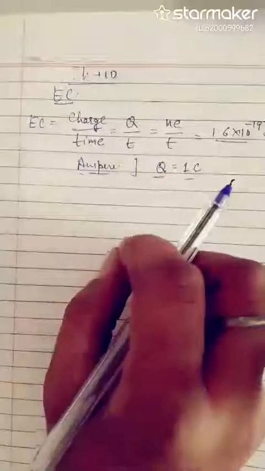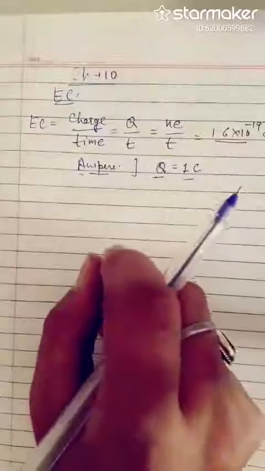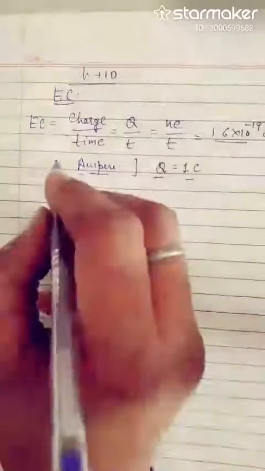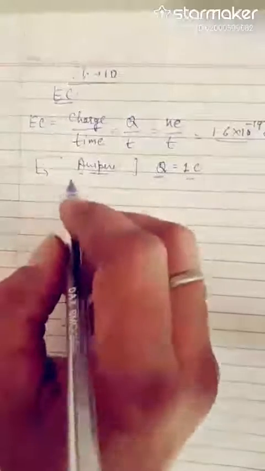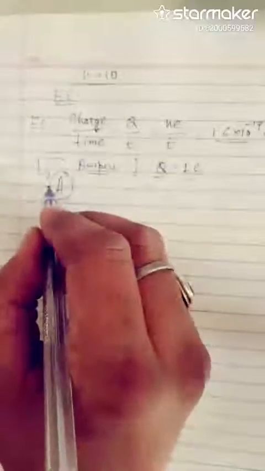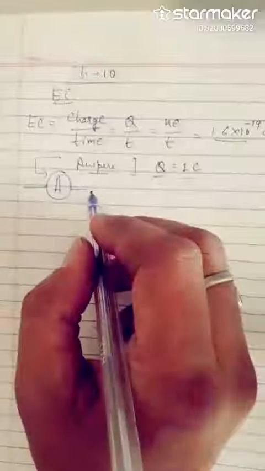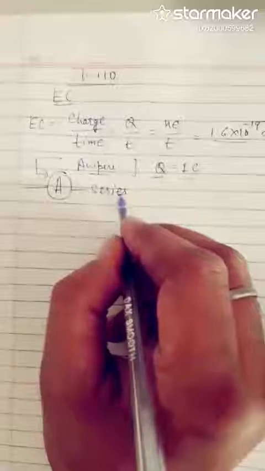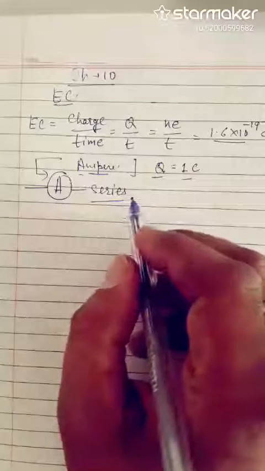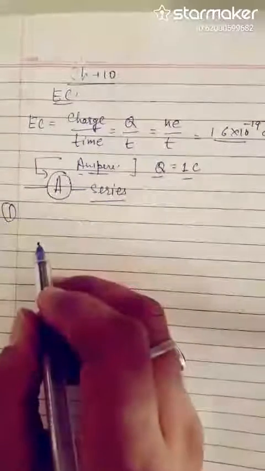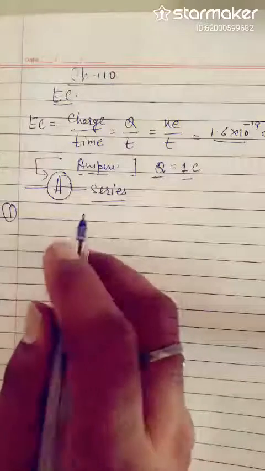So ammeter is used for the measurement of electric current and it is connected in series in the circuit. Which instrument do we take to measure the electric current? That is ammeter, and it is represented by A in a circle. And ammeter is always connected in series connection. Here we have two types of connection: one is parallel connection, another is series. So ammeter is used in series connection. We will do numericals in other videos. Here we do only theory.